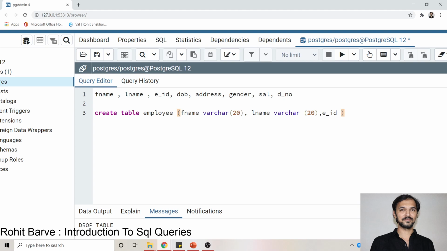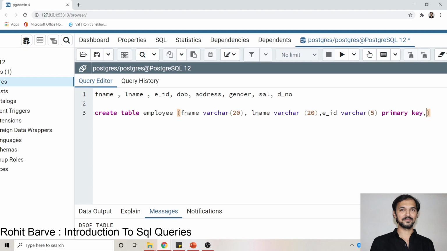Now there is actually a detailed concept around primary key, foreign key, candidate key, super key and so on. In later videos we will cover how to identify a primary key, what the procedure to identify a primary key is, and so on. So employee ID will have data type varchar and a length of 5. Now we have to define this as a primary key, so we'll write just the words primary key. Now we have defined 3 columns.